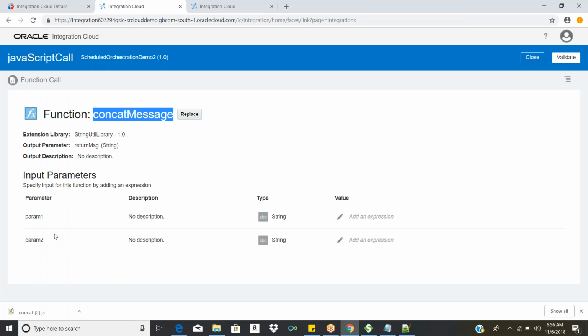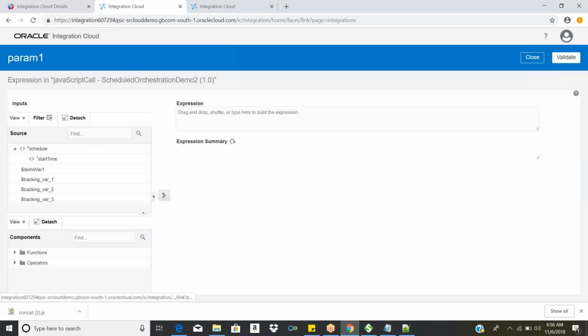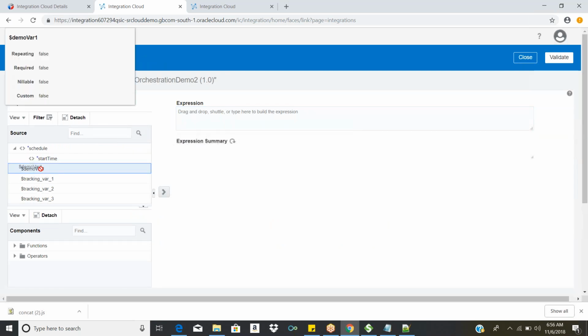Those two parameters have popped up here, and you need to assign some value to these two variables. As of now we don't have any data at the left side corner, so that is the reason I'm hard coding the values. In case you have any variables, you need to drag them here like this.